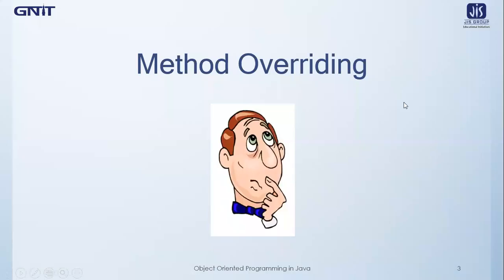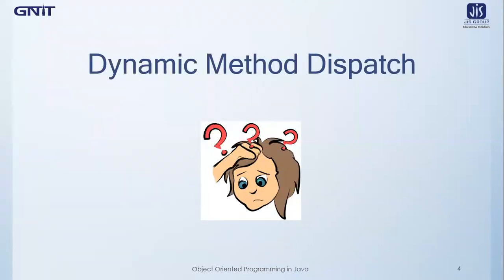So this is all about method overriding. Now let's move on to the next topic of our today's lecture, which is dynamic method dispatch. Here you will see that by applying the concept of method overriding, how we can implement the concept of runtime polymorphism. But before going into the program, let me explain to you what is dynamic method dispatch and how does it help to achieve runtime polymorphism in Java.